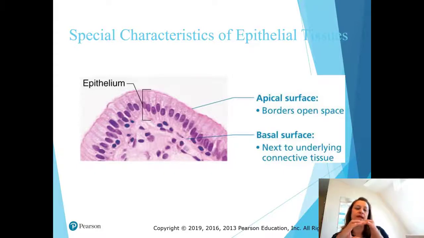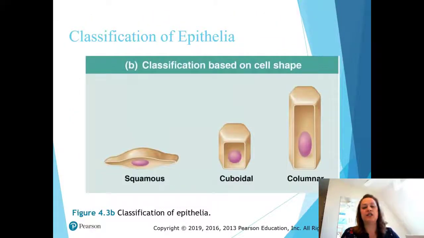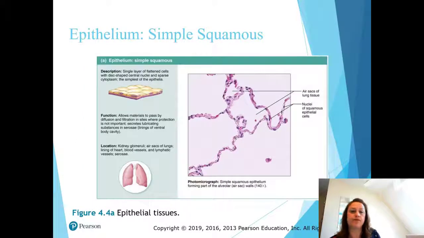We're looking for something that's kind of box-like. These are something which are kind of column-like, right? So when we look at these, don't expect them to all look exactly like that, but there's sort of a shape classification. So now we're going to go over each of the epithelia specifically that you need to know, the characteristics, the